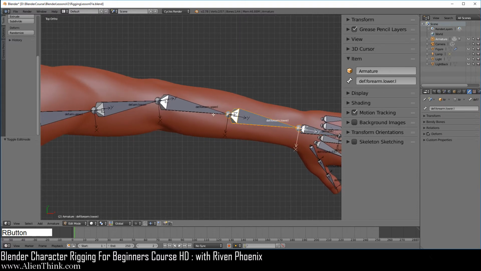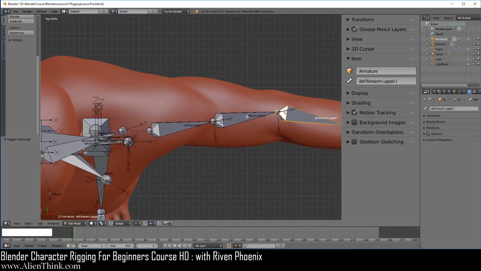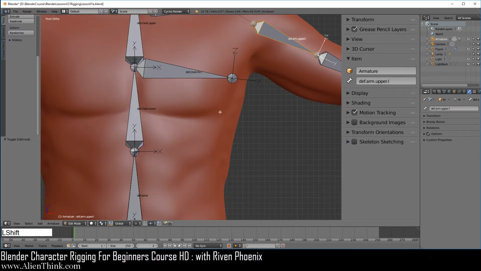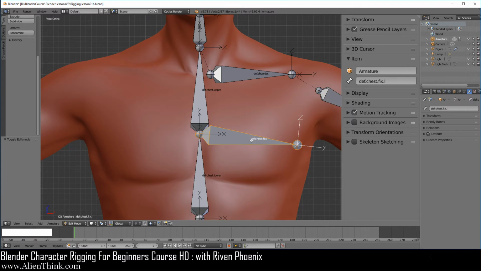Okay, forearm, upper, arm lower, arm upper, press the 1 key. This is the dev.fix.L, correct.